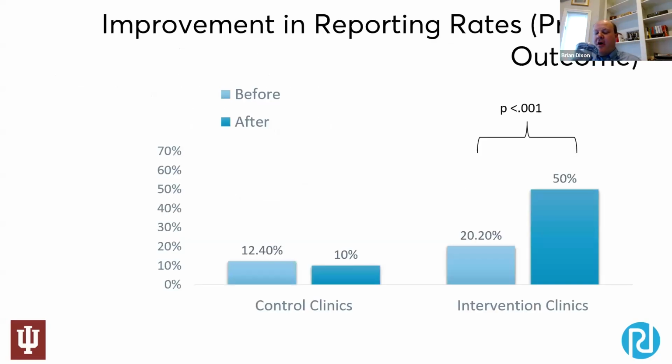So this is our primary outcome. You can see that in the intervention clinics, the proportion of cases that actually got reported to public health went up significantly after the intervention. The base rate, though, was higher than in the control clinics, which probably didn't surprise us, because if they were willing to volunteer to do this, then they probably had some interest in it. But that change was much greater than what we saw in the control clinics, which was a decline. So those clinics who didn't participate, their general percentage went down over time.